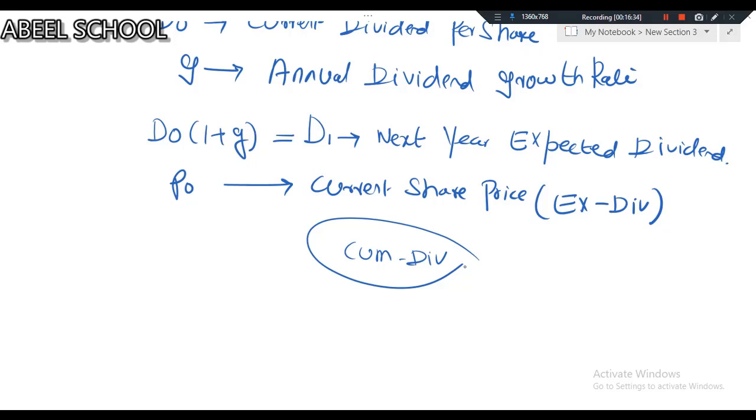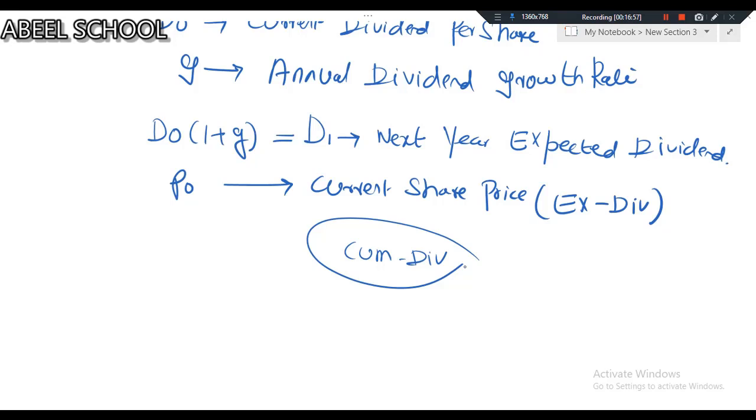So why do we use ex div share price? Basically, I'm going to calculate KE, and that KE is a part of cost of capital. The objective of cost of capital is investment appraisal, which is a long-term decision. So since